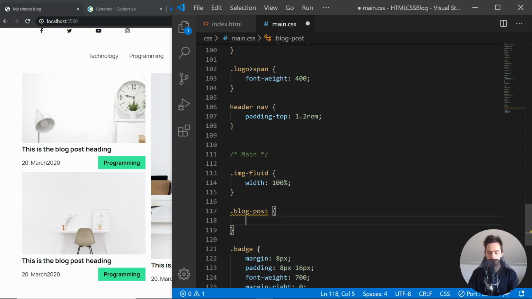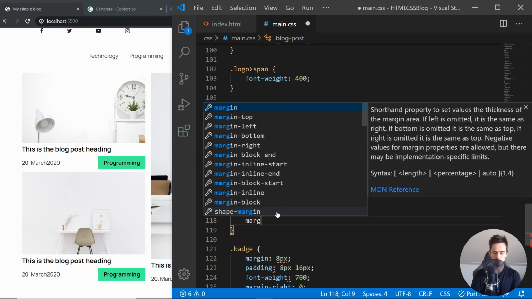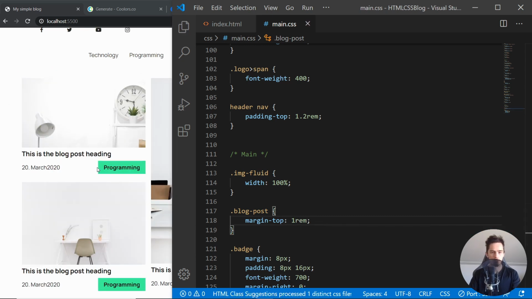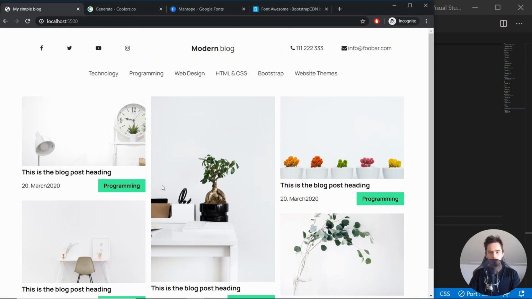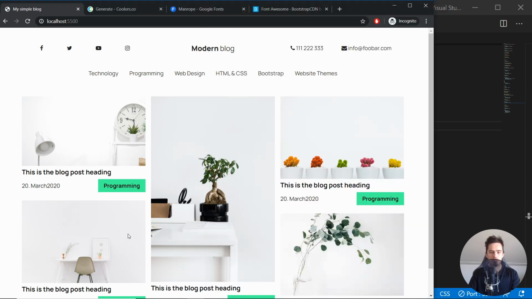So definitely a margin at the top, something like 1 rem. Let's see how that would look like. If I put it in there, there it is. I think that 1 rem is actually enough. You may want to just experiment with this a little bit and try out different sizes. I will just keep it in 1 rem,